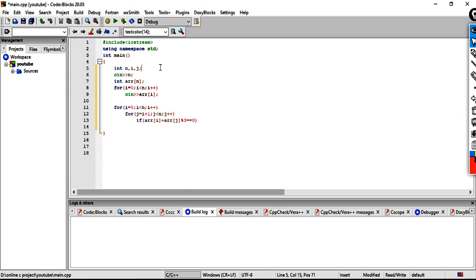We have not declared the count value. Let's declare count is equal to 0. So we can write count plus plus, and finally we print the count value.